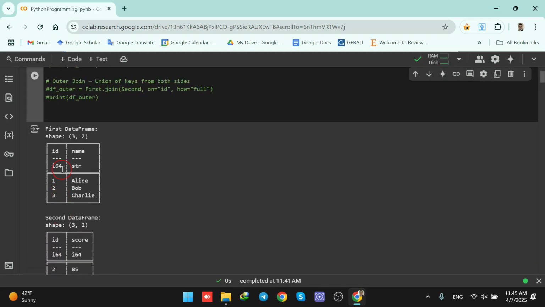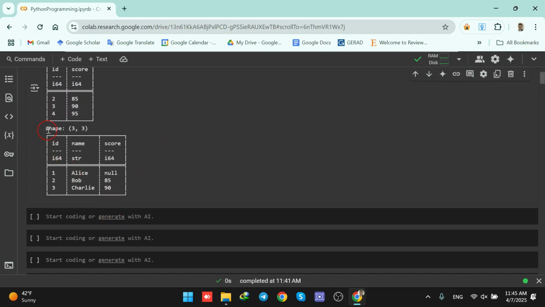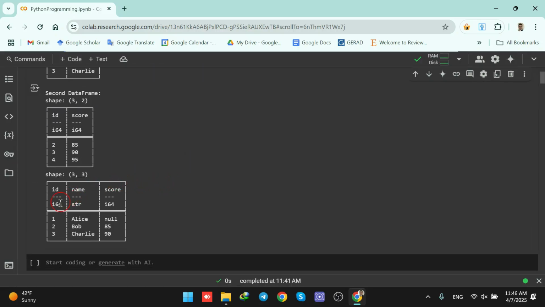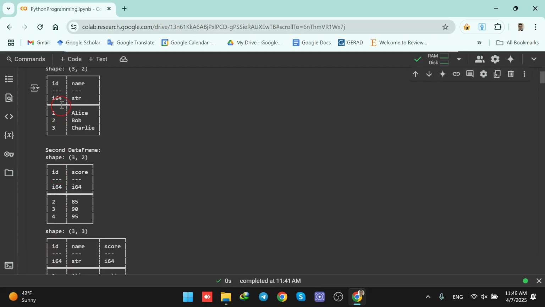So all the IDs that are in the first data frame are shown when we are having the left join. Why? Because we were having the left join based on the first data frame. So we first said that, okay, we would like to join the second data frame on the first data frame based on the ID and using the left join. So when looking at the output, we see that all the IDs of the first data frame